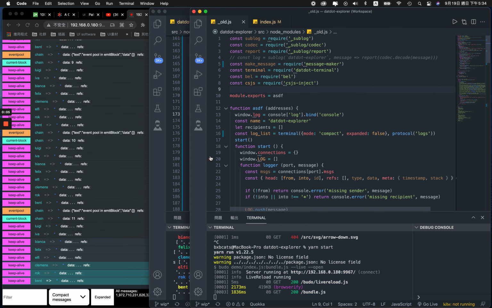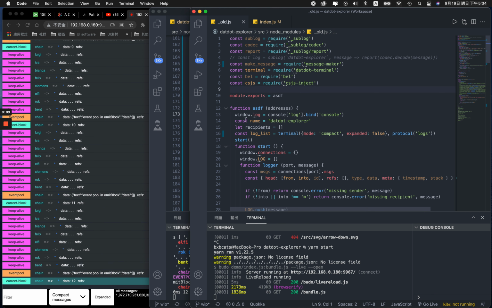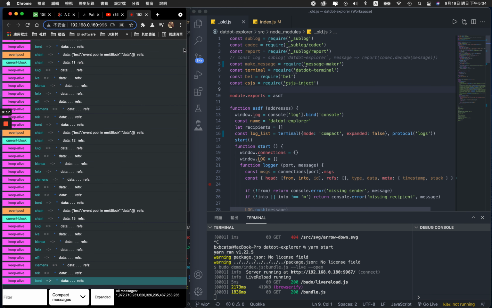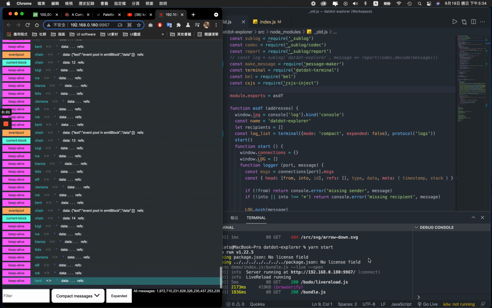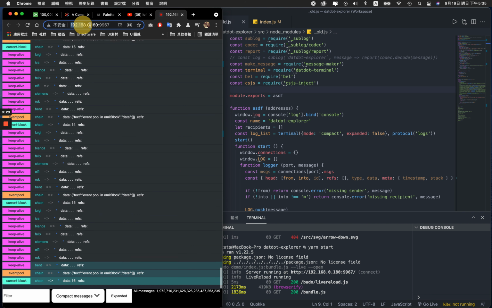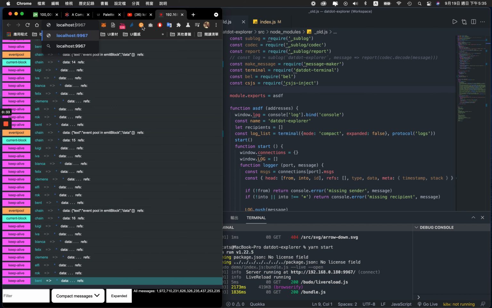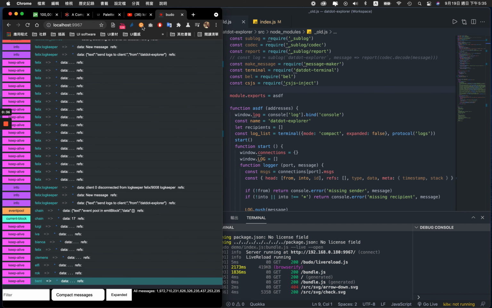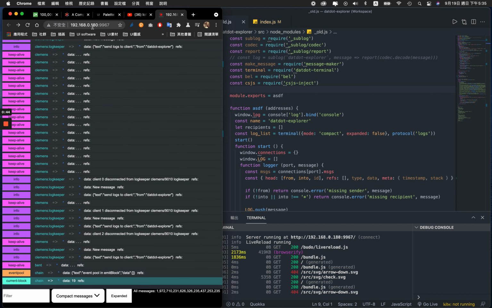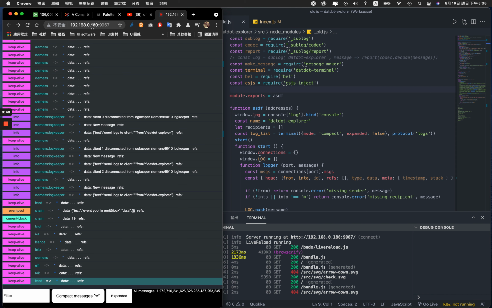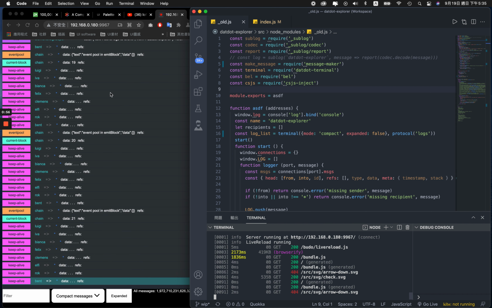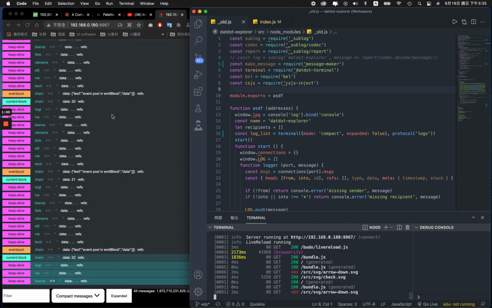I want to update the current work about the datdot-explorer, which I discussed with Alice. I just reran the yarn start, and it doesn't need to type localhost because there was an issue. I don't know what happened when I was using the IP address as the server address, and somehow I just started running again and it works. I don't know why, I have no clue. And okay,